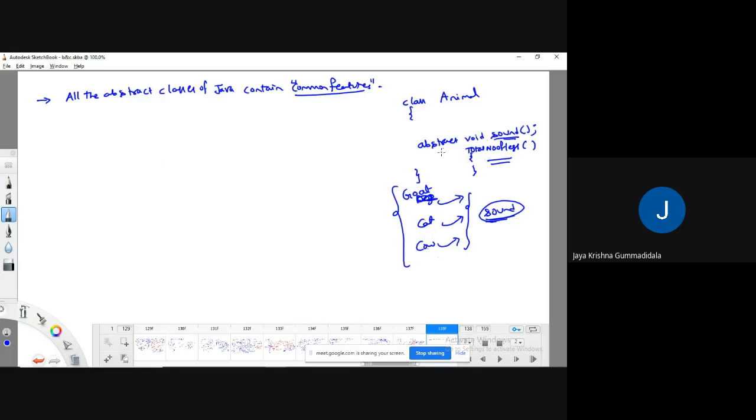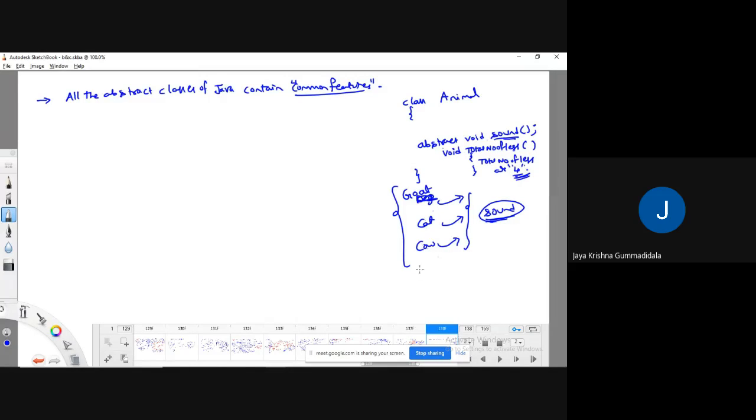No need, right? So at that time, what I will do, I will make this an implemented method, so that total number of legs is 4 for everyone. Even though they override it, the output is 4 only. Even though they are not overriding, they will get the output as 4 only, right?